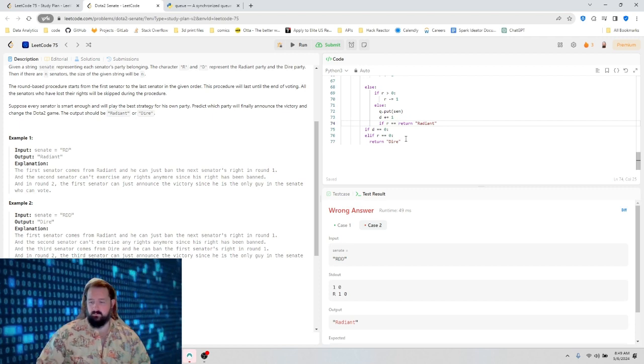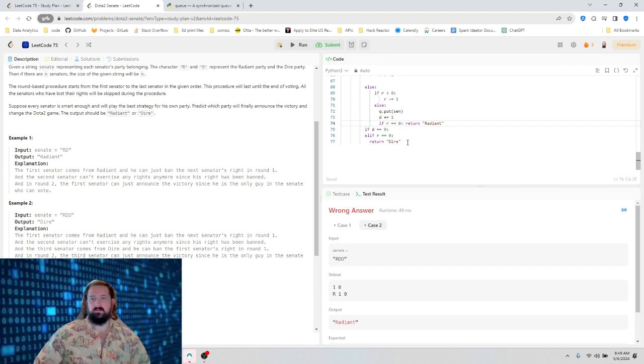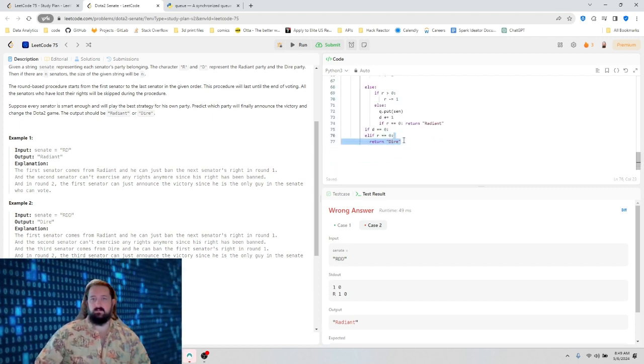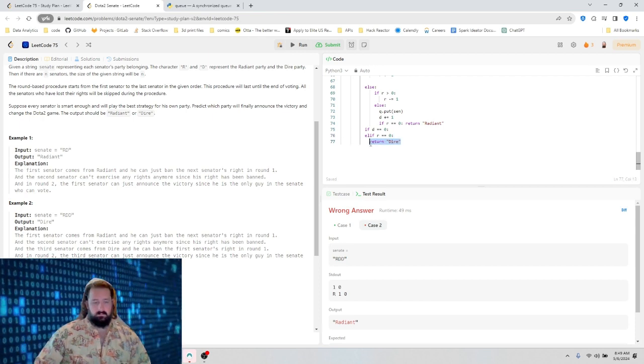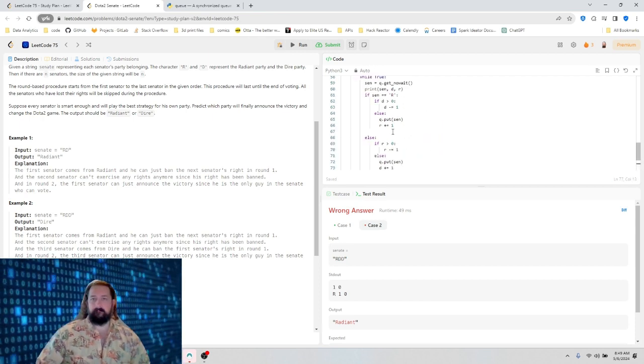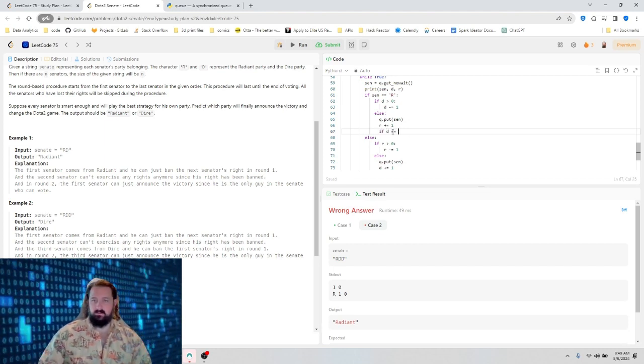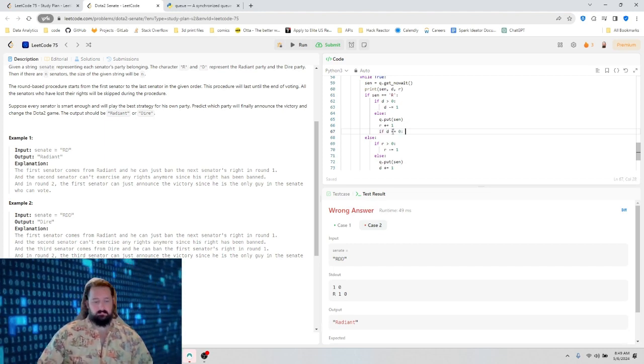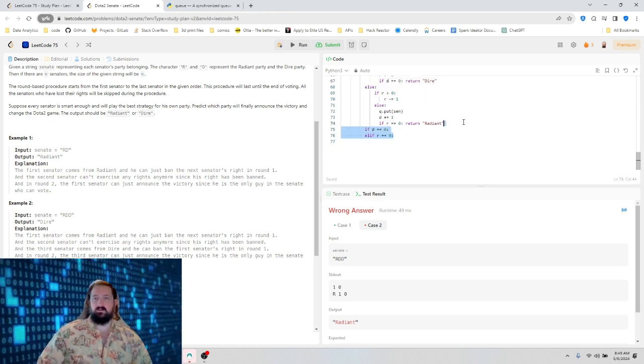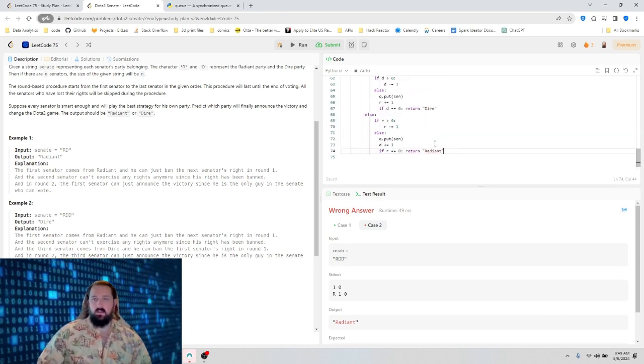If R equals 0, return radiant. If D equals 0, return dire. Other way around.